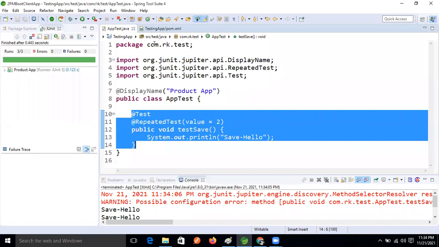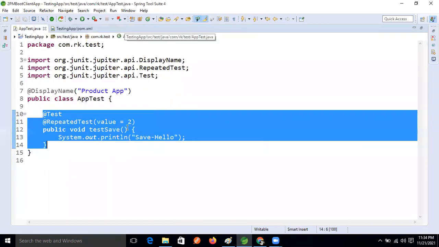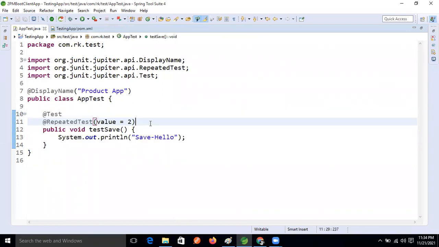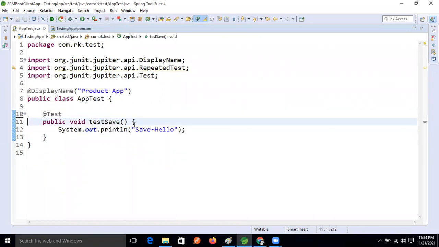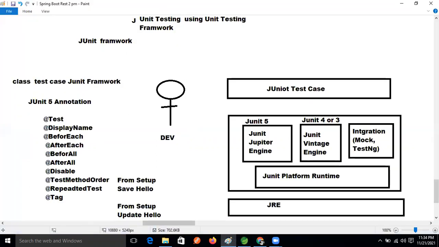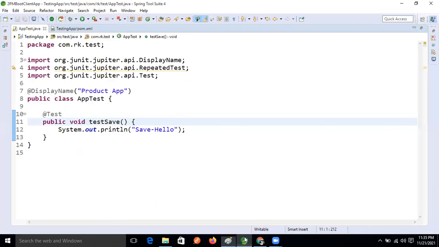This test case will execute if we are running in the developer environment, and if we are running in the QA environment, another test case will run. For that purpose we are using the @Tag annotation. If our code is going to a different environment, it will execute based on that environment.